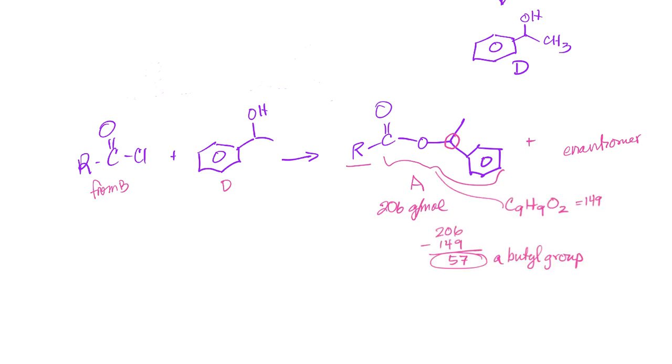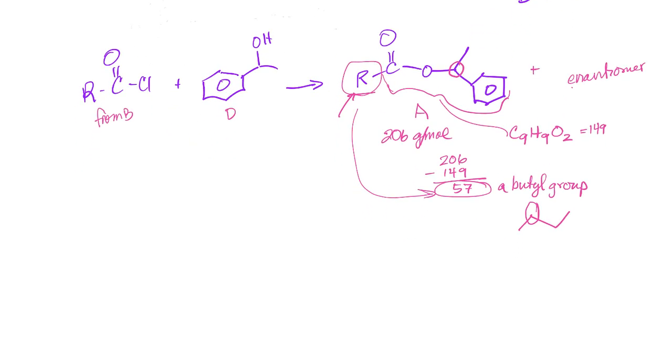Once we calculate, we find that what's left from subtracting out this portion is that R must be a butyl group. And in order for it to have optical activity, it would have to be attached at one of these positions, so a secondary position. And so that means we can now figure out that A should be,